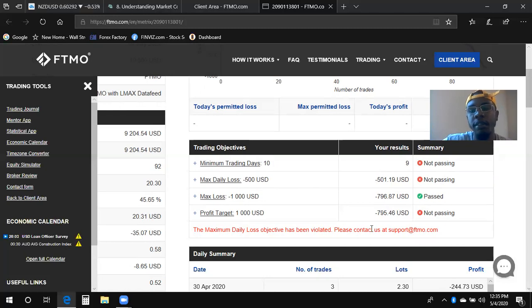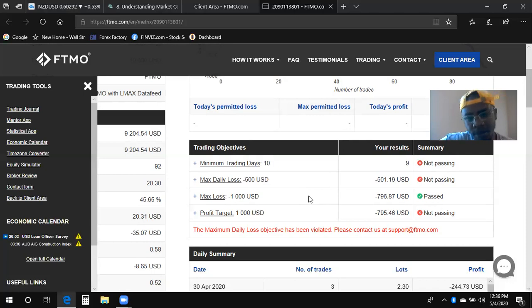I still have, I think, until next week on this account. But the thing about it is my new account doesn't start until I start trading it. So I can finish trading with this one. And if I pass or fail, I pass or fail. And then I have a whole fresh one just sitting on standby that hasn't even started ticking in time yet, because it doesn't start until your very first trade.